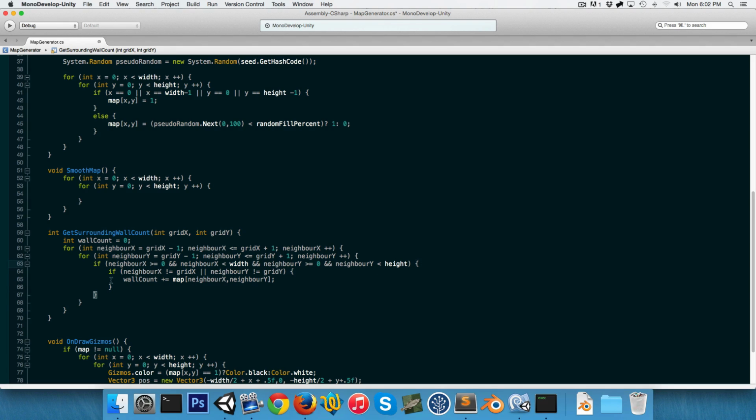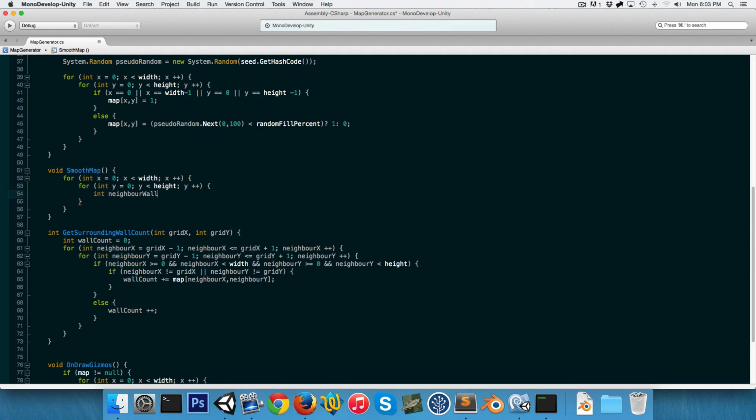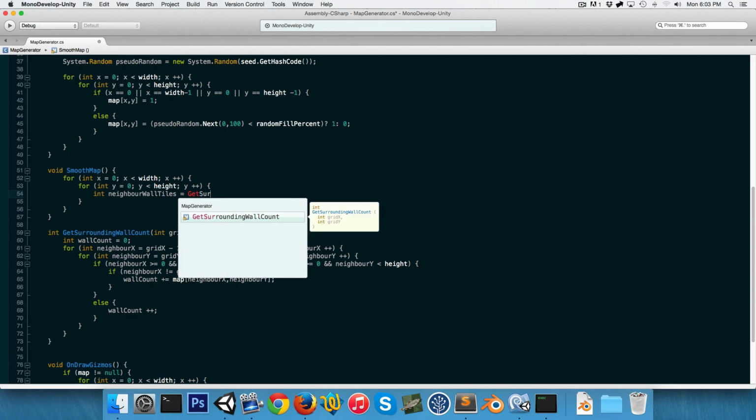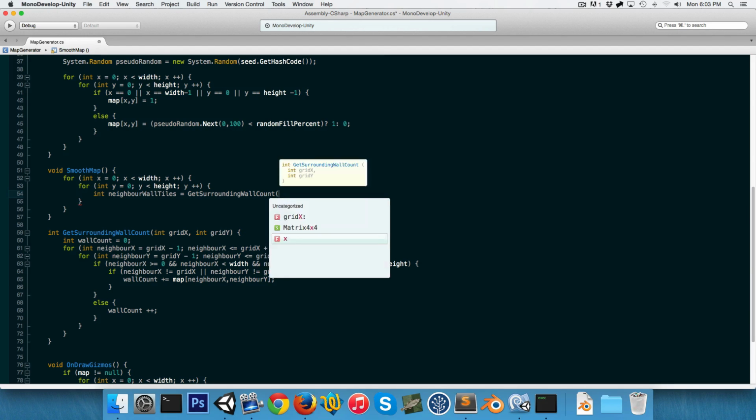If this is an edge tile, in other words, we're trying to look outside of the map, then I just want to increase wall count by 1, just so that we encourage the growth of walls around the edge of the map. So in the smooth map, we can now say int neighborWallTiles is equal to GetSurroundingWallCount(x, y),